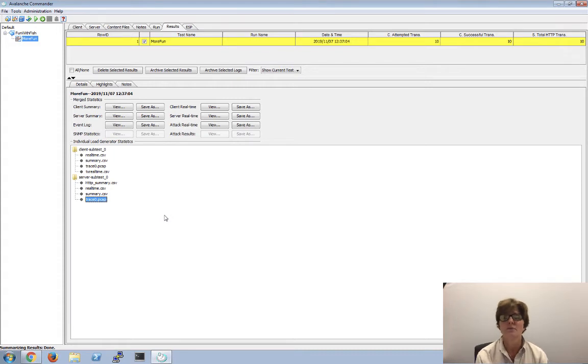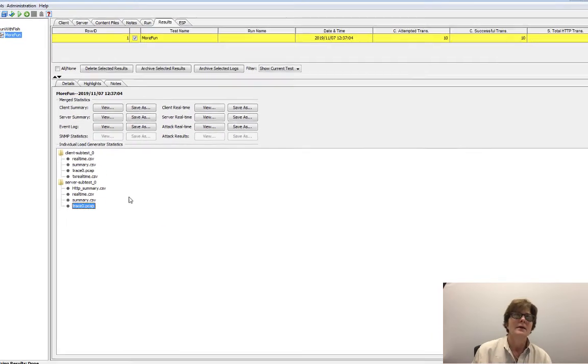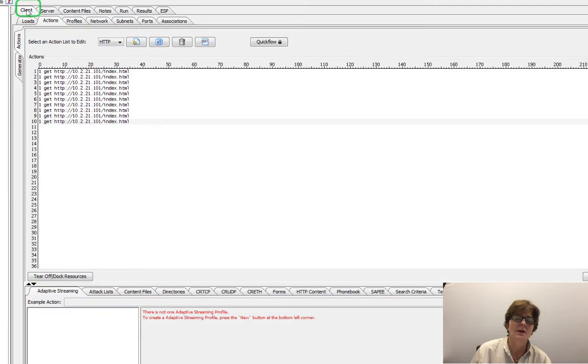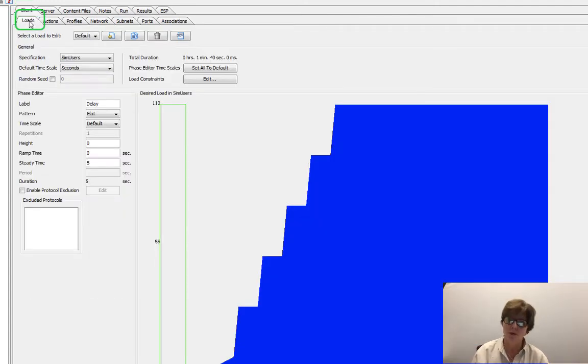And when I look at those PCAPs, the first thing I'm looking for is who else is on that subnet. Am I on the right subnet? Okay. Now the next thing we can do is go back to client. So now that we know that this is going to work, we can do load.